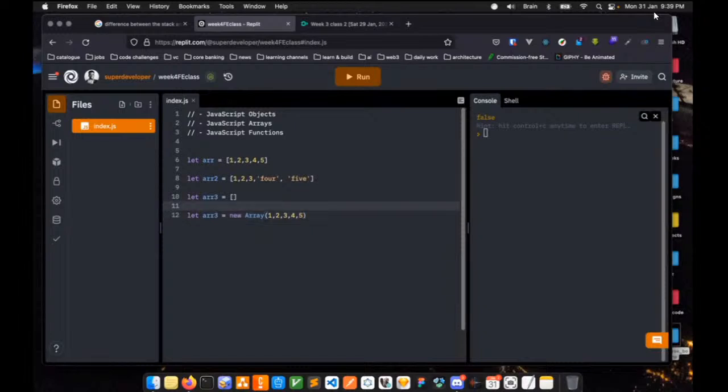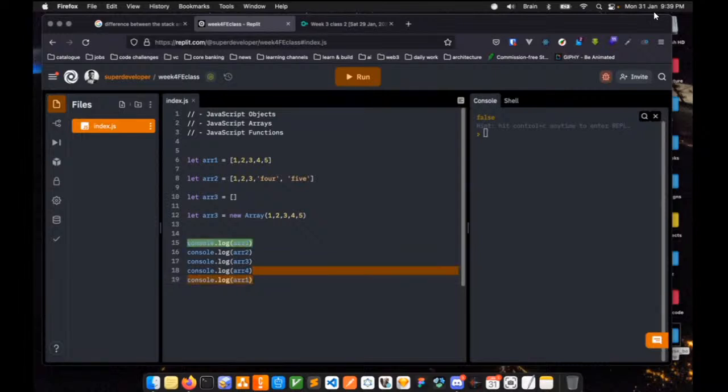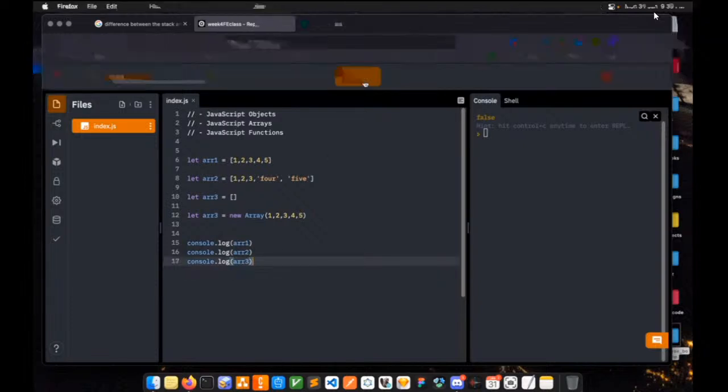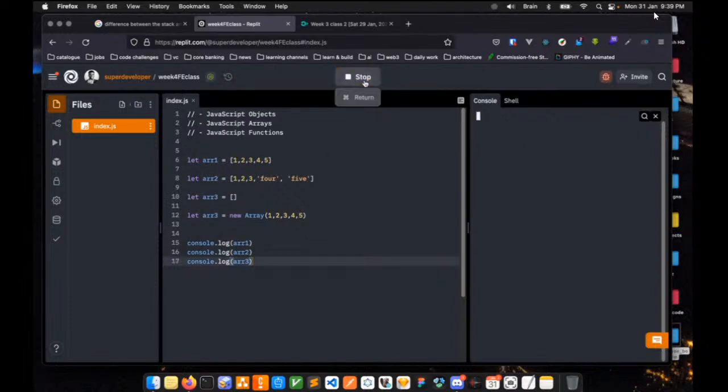So from our empty array here, let's print this first, right? I'm going to do console.log array. Maybe I should call that array1. That would make more sense, right? So we have array1, array2, array3, array4. I think we don't have array3, do we? No, we do not have array3. Okay, so